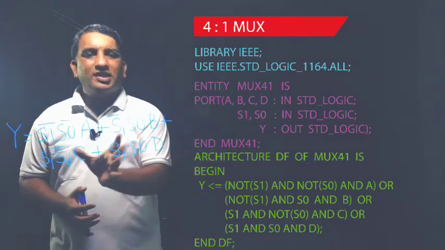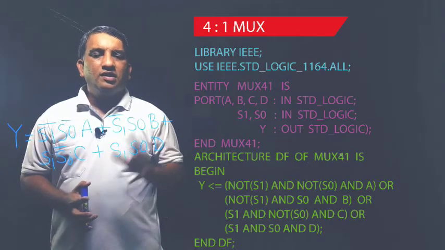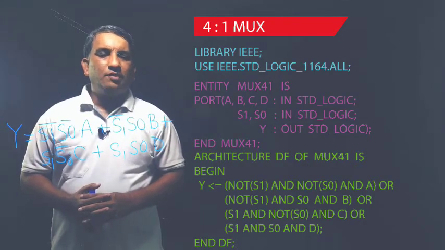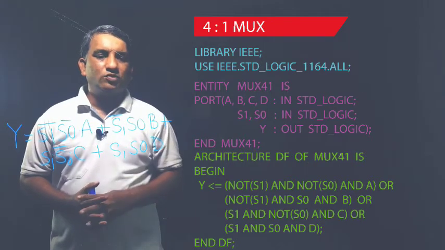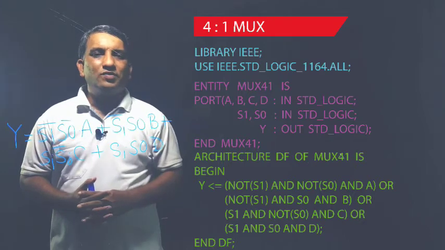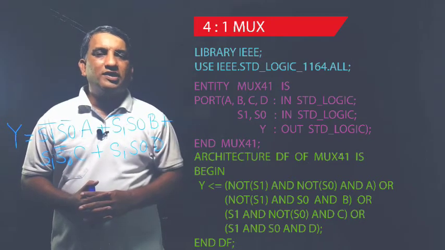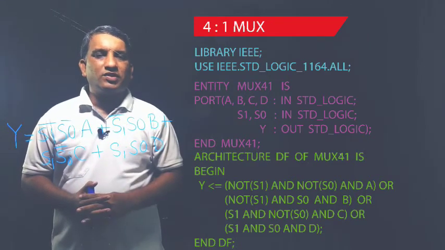Then if you see the output equation for this 4:1 MUX, here there are the signals, that is S1, S0, A, B, C, D and Y. All of them are declared in the entity part. So there is no extra declaration part, right? So directly I will begin with the body of the architecture. So I will write the keyword begin. So after begin, I have to implement this equation.